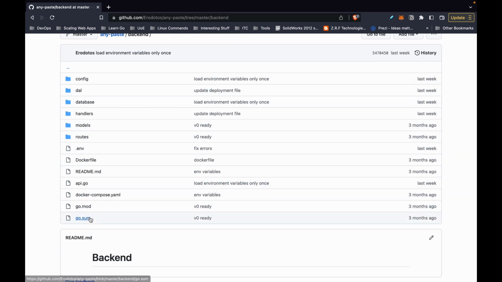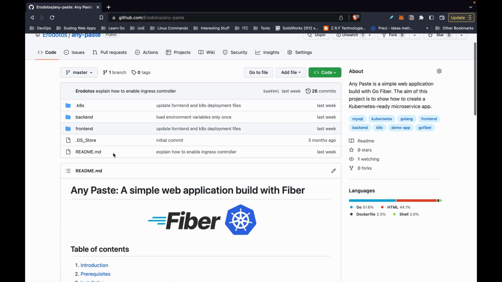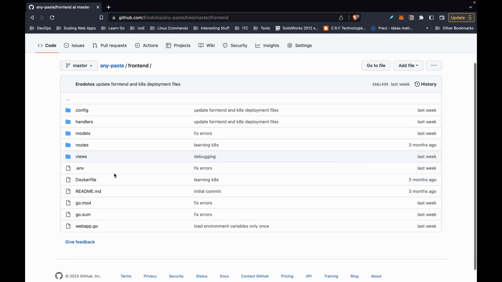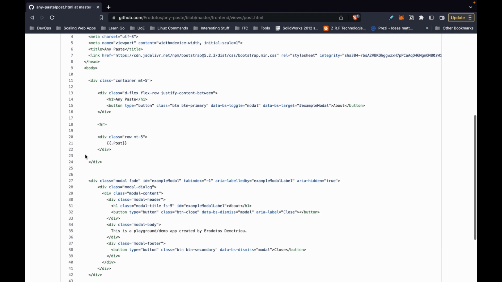And you can see here as well in this folder that we got the Dockerfile, which is actually the file created to build an image of the backend microservice, right? Likewise, we got the front-end project built in the same logic. We got the routes, the models, the handlers. We got an extra folder here, views, which actually includes HTML templates that are used to generate and render the